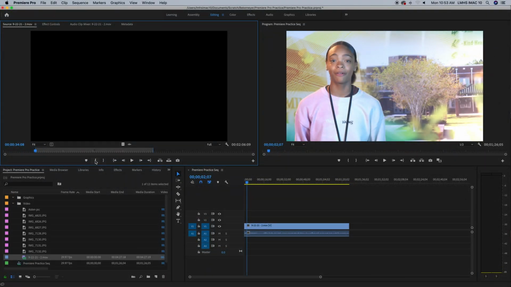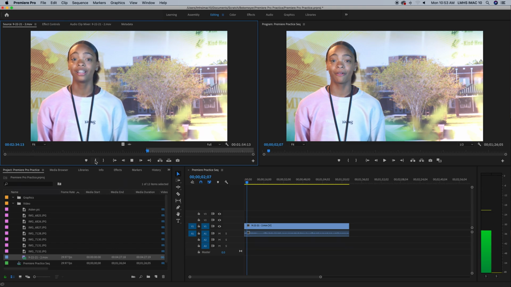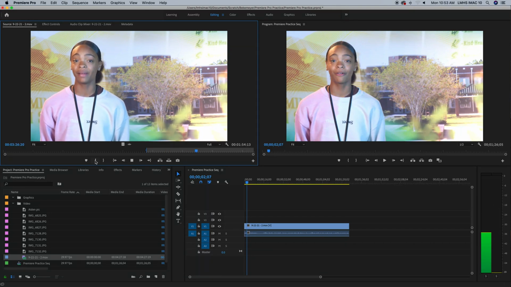So you can basically make these edits now without moving your hand almost at all. Your fingers have to move up and down, but you can do that quickly. Now we're going to scrub through to here, and now we're going to set our out point by pressing O. I and O, in, out, okay? J, K, L, I, and O. Those 5 buttons are going to make the editing process so much quicker for you because you can just sit here and watch the screen and scrub through by tapping L a few times, then resetting your in point,